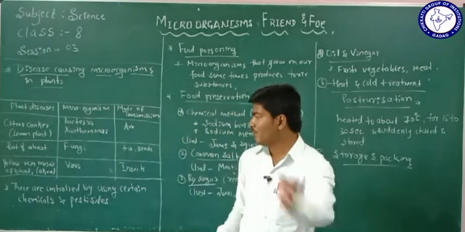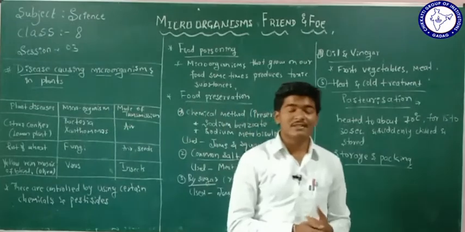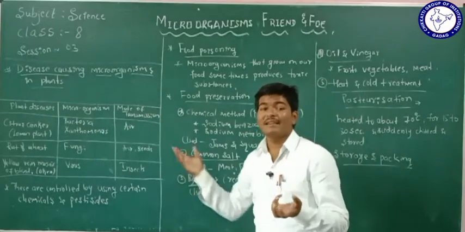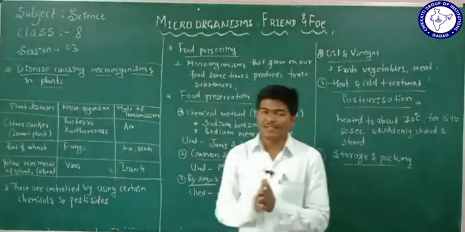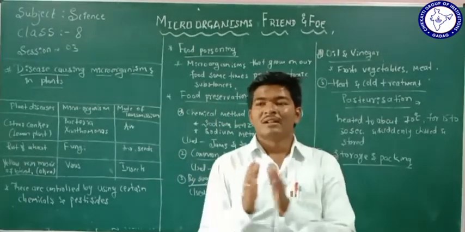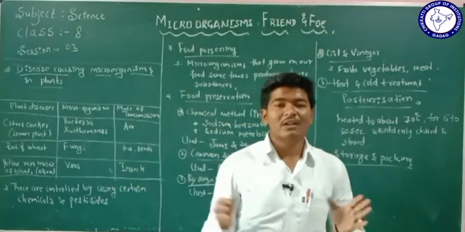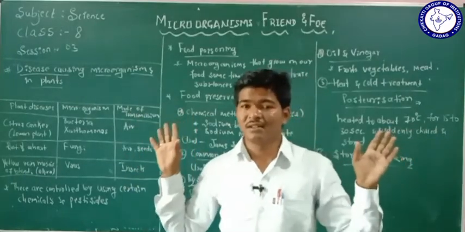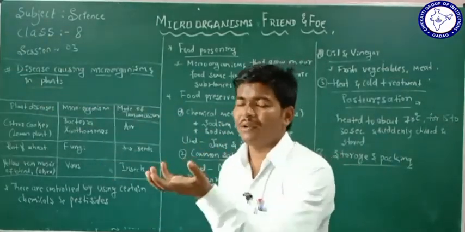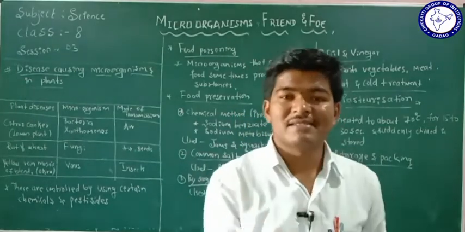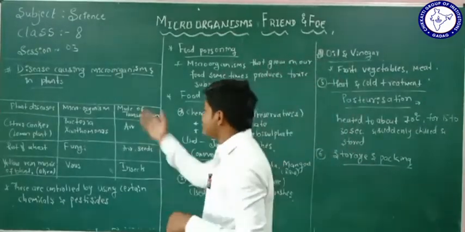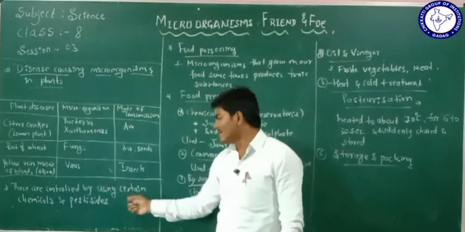Have you understood? So these are the main important plant diseases which we are going to see. They are caused by microorganisms. But how are we going to prevent these diseases? These diseases are controlled by using some chemicals and pesticides. In the agricultural field, the farmer sprays chemicals. Why? Because he knows that the cultivated plants can be affected by diseases. To avoid diseases, he uses chemicals and pesticides. Have you understood? So to prevent these diseases, we use chemicals and also